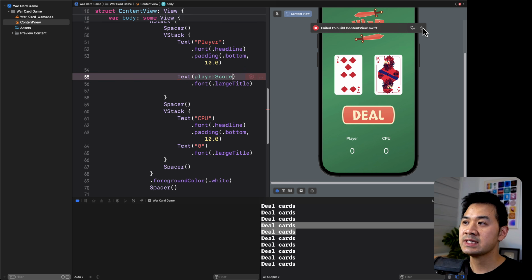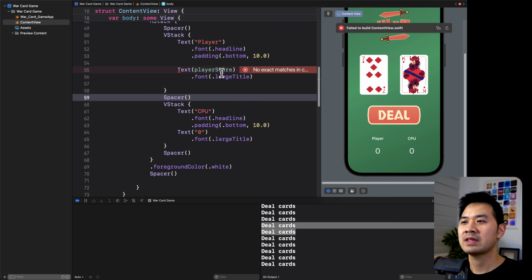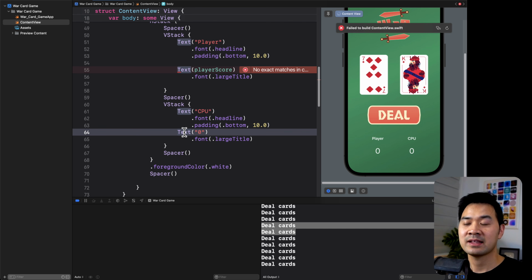Now, you're going to see an error, and I'll tell you why. So let's change this window a little bit. It says no exact matches in call to initializer. So that doesn't really explain very much, to be honest, but I'll explain to you what the issue is. So this text element expects a text piece of data as input, as what to display for this label. It displays text, but what we are passing into it is an integer, right? It's a number. So it doesn't know how to display that because it's only built to display